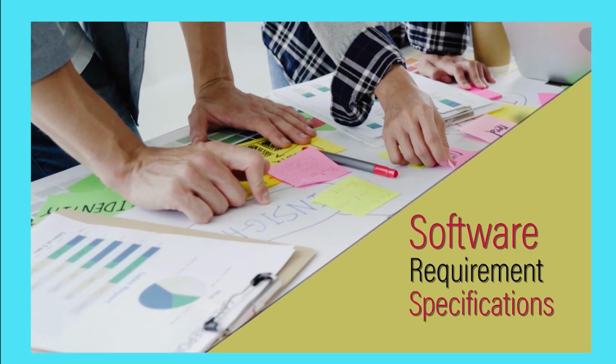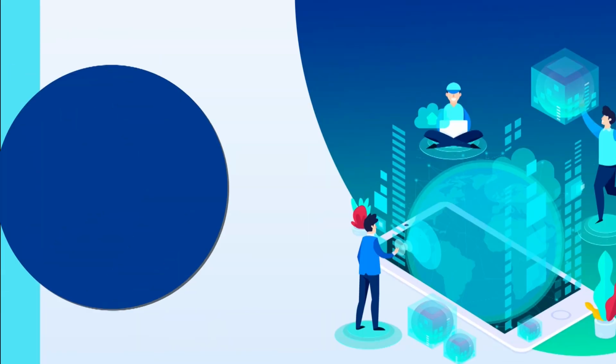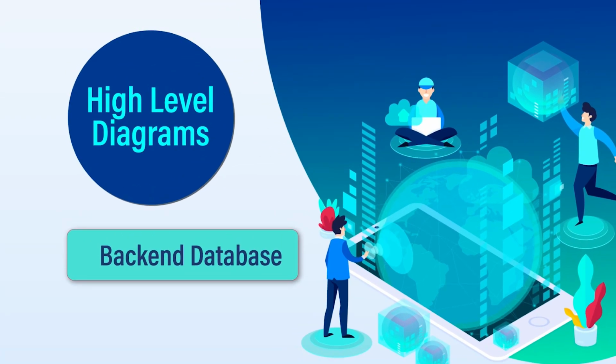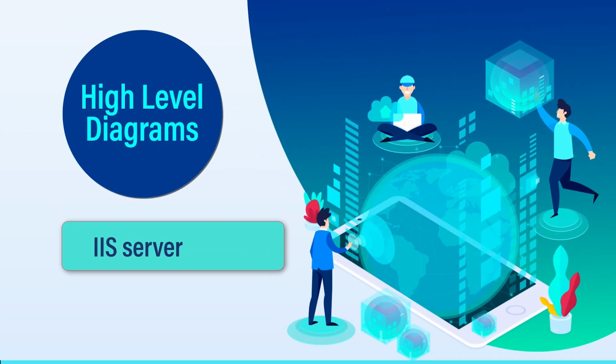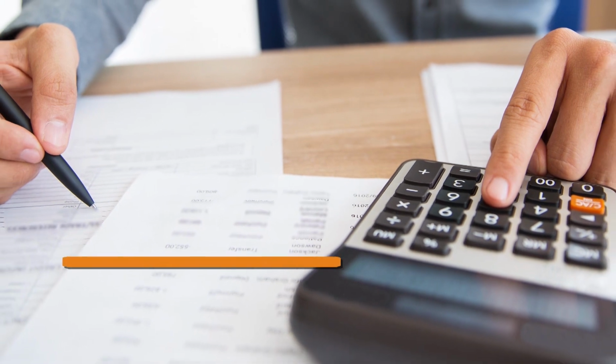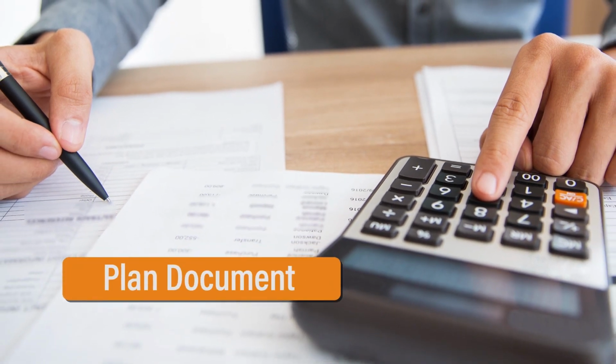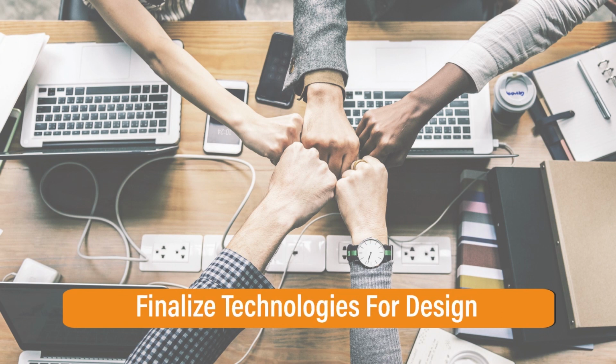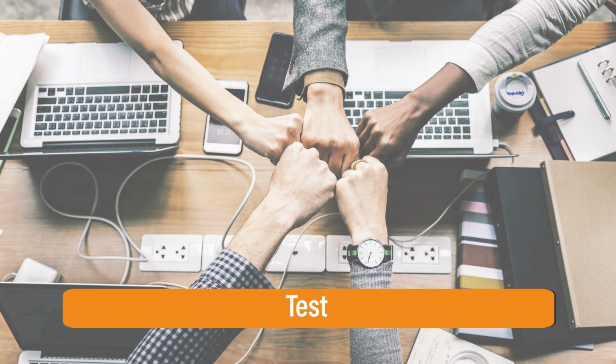This phase will also suggest the decided and finalized technologies. Another outcome will be the high level diagram, that is, the front end graphical user interface, the back end database and their relationship diagram details, and then environment details like IIS server or JSP server and their interface methods. Also a detailed plan document which shows the detailed scheduling and cost estimation details. Another outcome is that the web development team will decide and finalize the technologies to design, develop and test the implementation